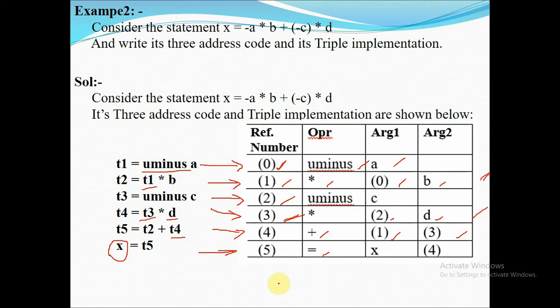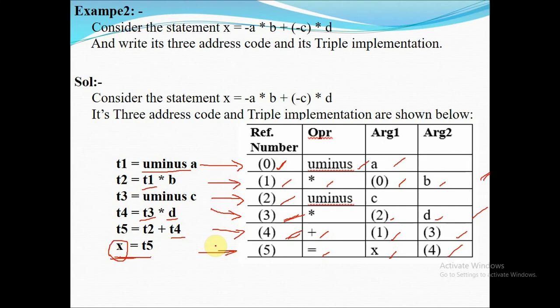So we should not refer to the result column here. For that reason, we are taking this one as a binary operator. The left operand is x and the right operand is T5. So T5 can be represented by index number 4. So it will be x and 4. So as a result, the T5 value, that is the previous row result, is copied into variable x.